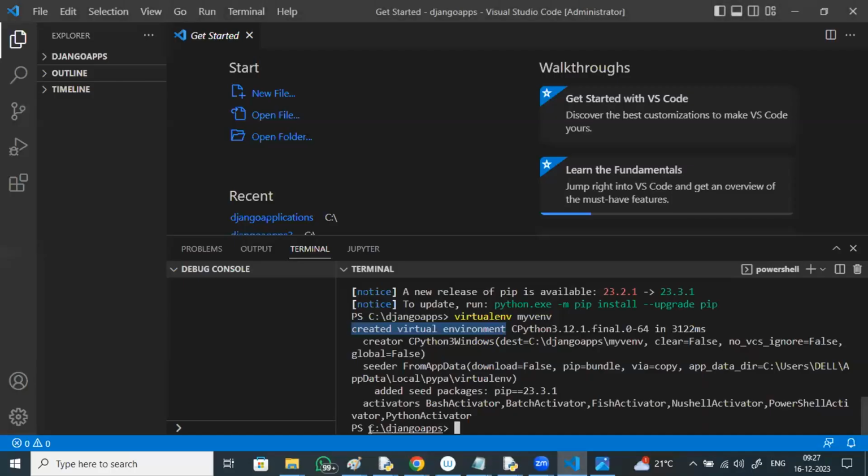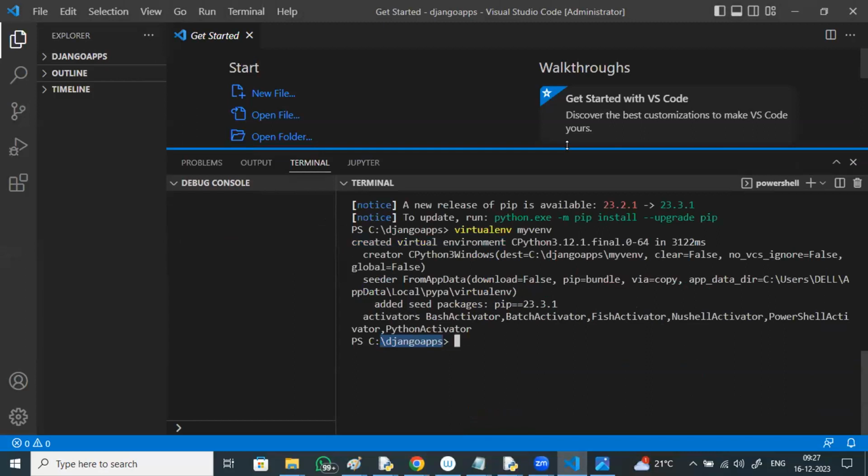Currently, in which folder are you? In C, Django apps folder. See this, where you are currently? Just keep your mouse here and scroll this up. You are currently in Django apps.